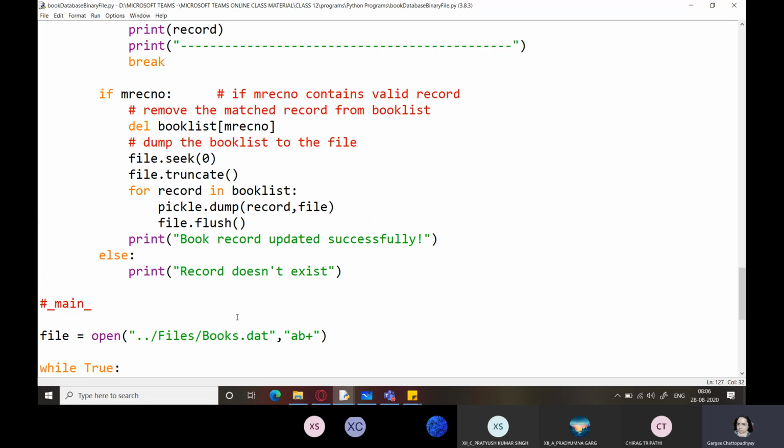That was the matched index of the record which is to be deleted. So remove that item from book list. So now our book list contains all the records except the matched records. And finally dump the book list to the file. So this we will have to do as we have been doing. And else record doesn't exist. That is, if mrec.no contains none, it means record doesn't exist, and hence we don't need to do anything in